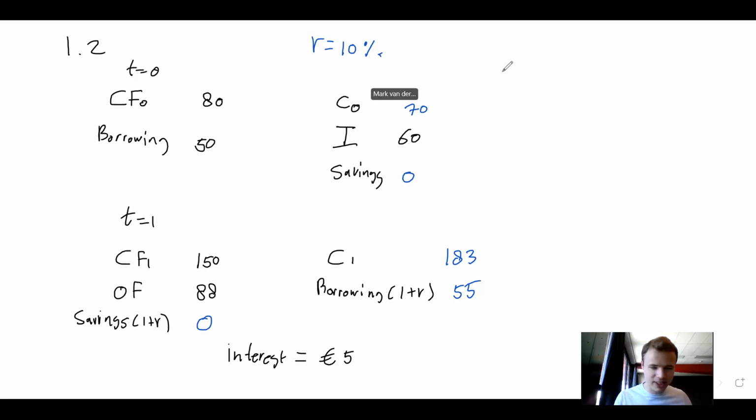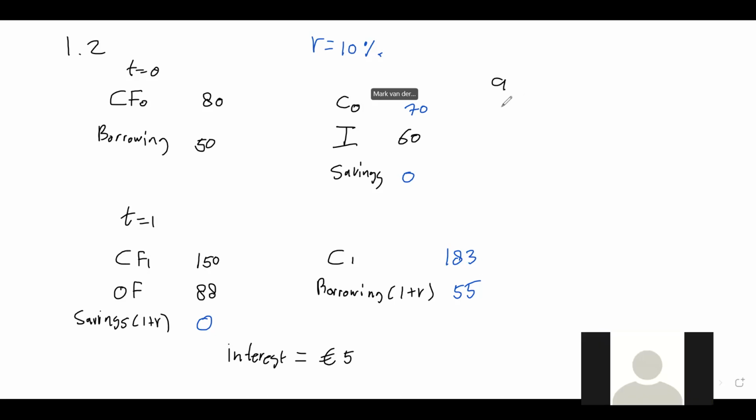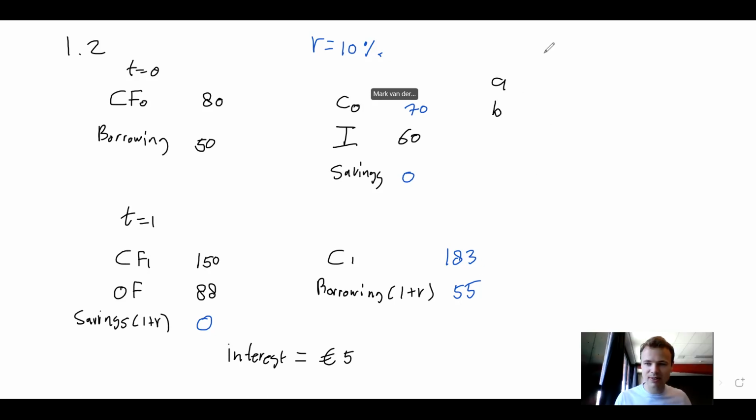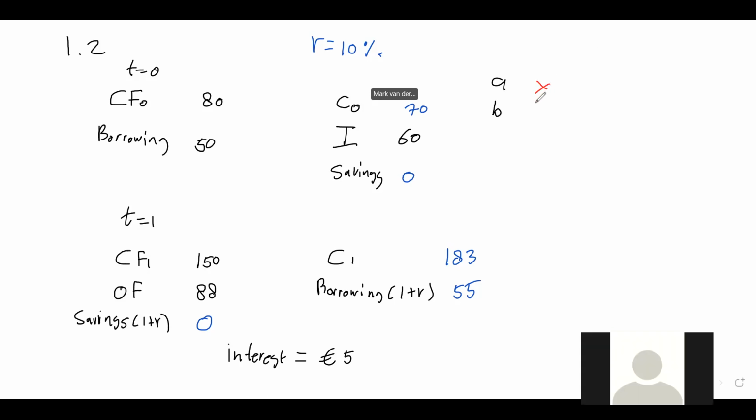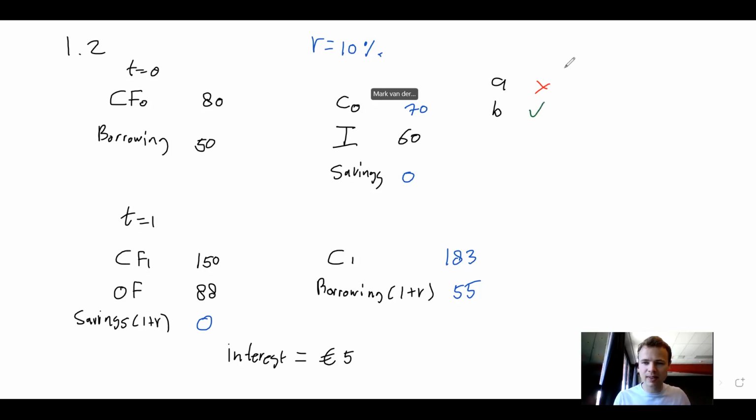Now we're going to look at the question. So we have question A. What do they ask at question A? If the consumption equals 236. No, that's not correct. B. That one is correct, I think. Yes, it's indeed 183. Then we also know that C is false. And then D,